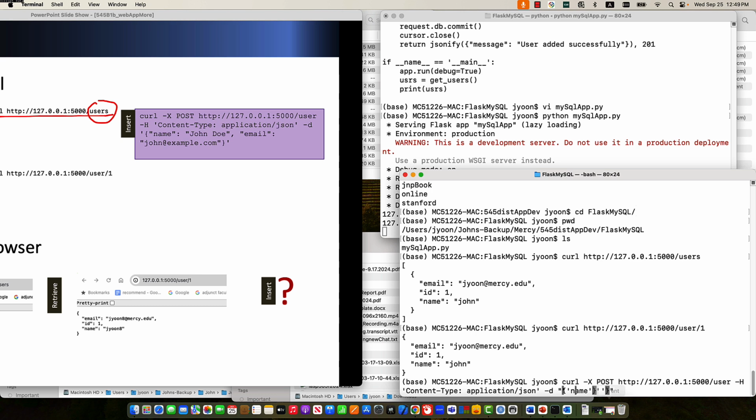In the dictionary format, I want to insert a new one, okay? So I want to insert, for example, Tawhidul Akbar, and the email, I would say, TA1234 at